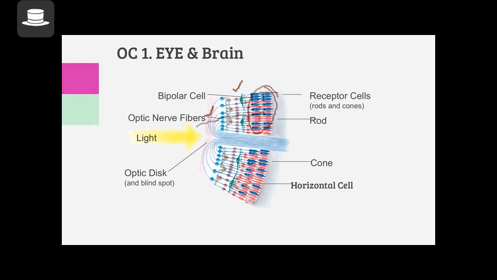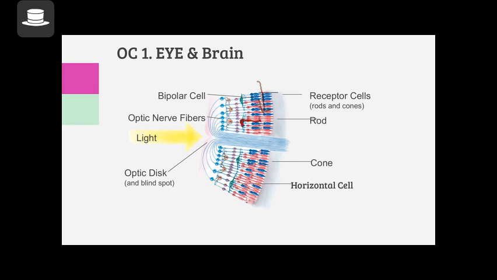Once the light reaches the photoreceptors, they create neural impulses, the action potential. These action potentials generated in the photoreceptors will be transferred from photoreceptors to the bipolar cells,